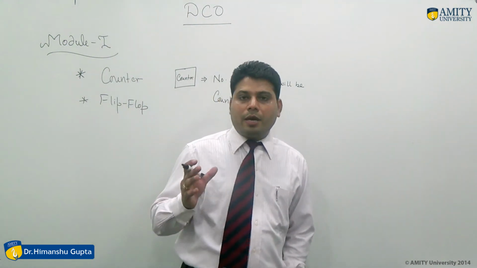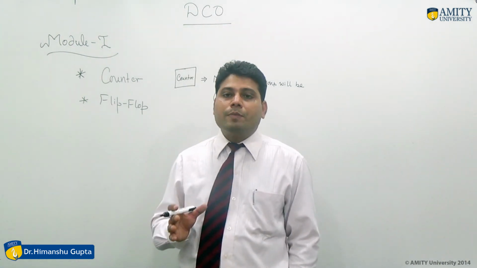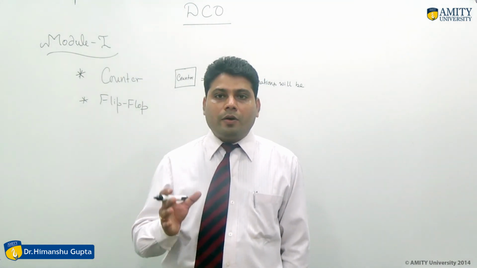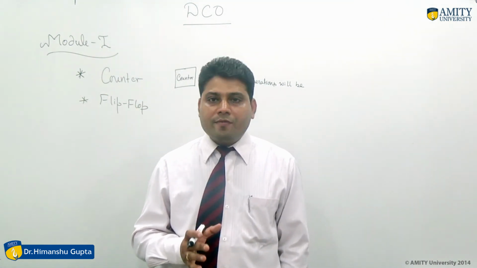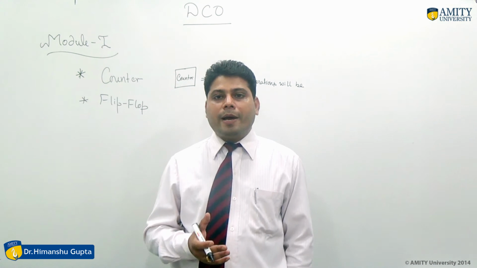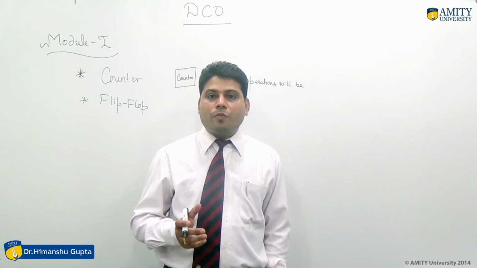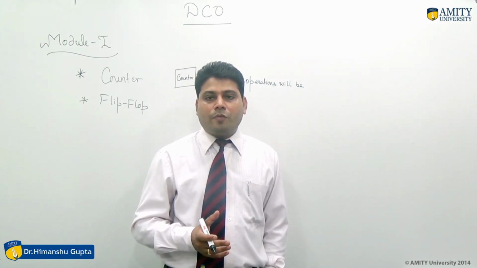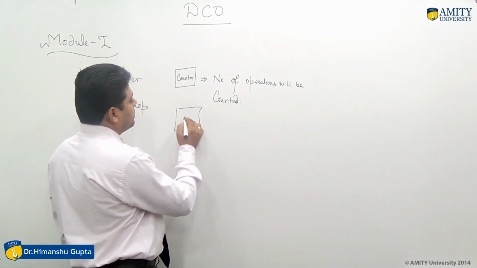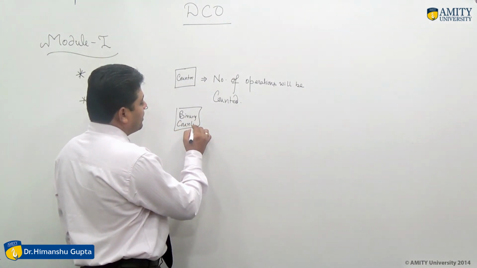Here we are associated with binary digits because we know that the computer can understand only machine level language. In machine level language we use binary data or binary digits like 0 and 1. So we have to perform every operation on these two binary digits, 0 and 1. That's why such a counter which counts binary operations is known as a binary counter.